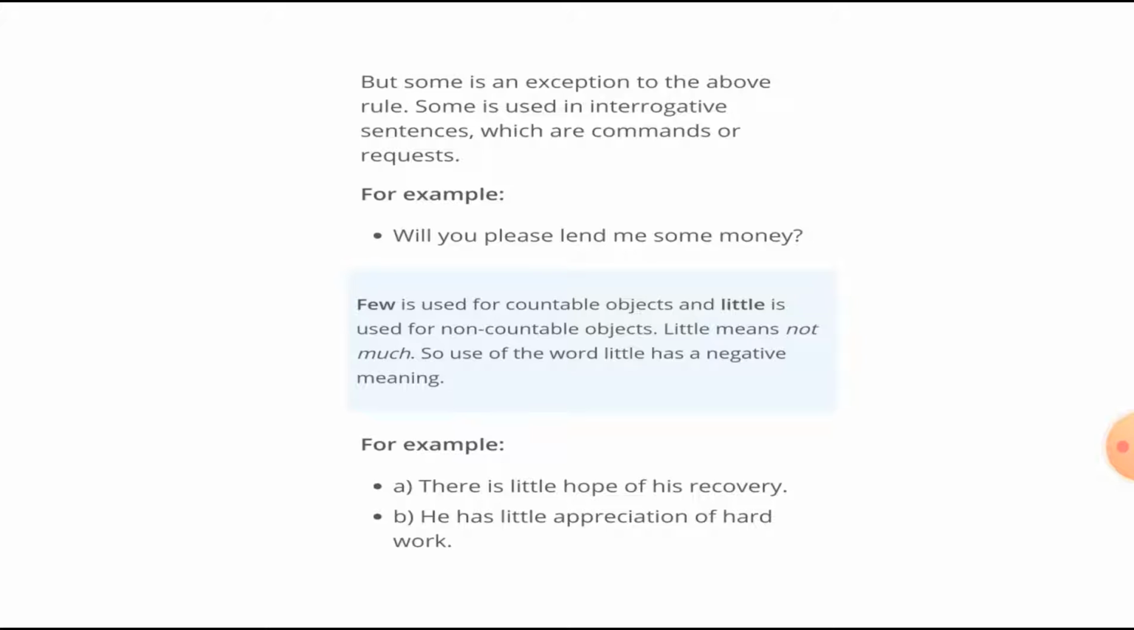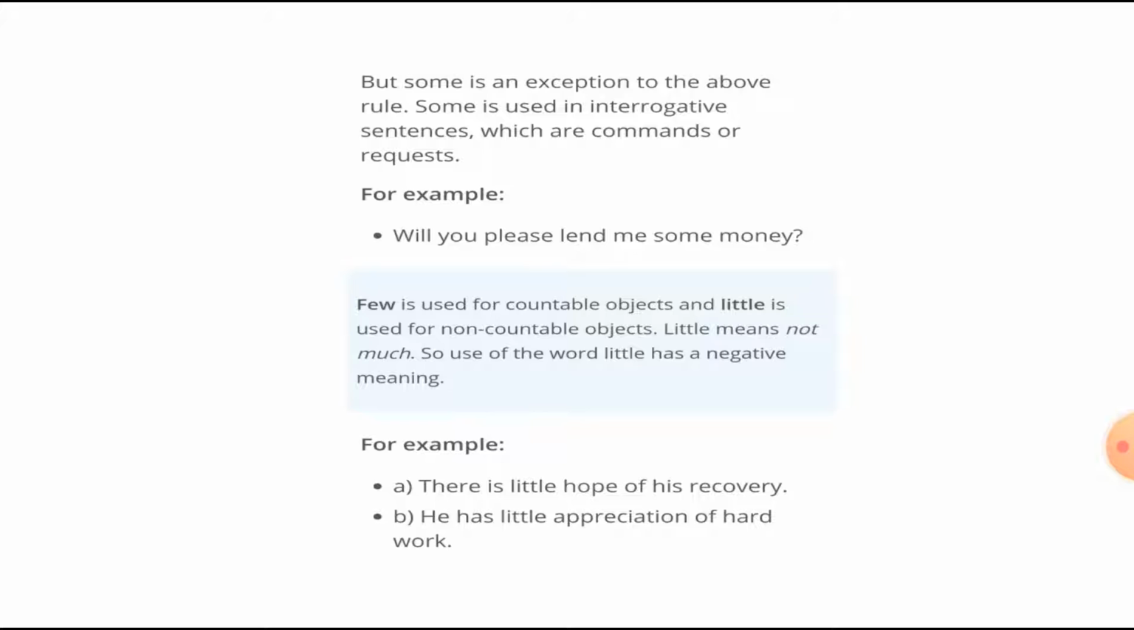No doubt that they are interrogative in nature or form. Few is used for countable objects and little is used for non-countable objects. Little means not much. So use of the word little has a negative meaning. By negative meaning we mean that the amount shown by few and little,